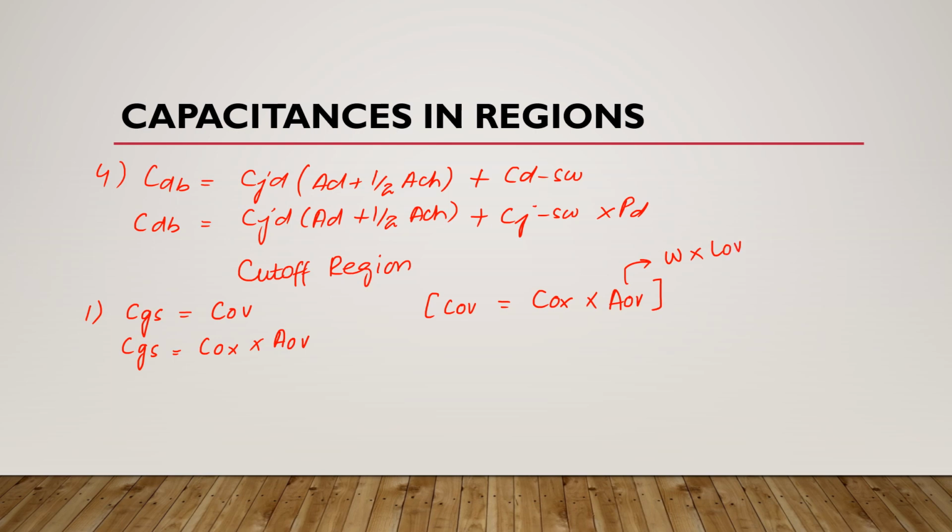Okay, now the formula of gate to drain capacitance in cutoff region is this. As you can see here, this formula is same as the formula of gate to source capacitance. So it means here gate to drain capacitance is equal to gate to source capacitance. Okay,